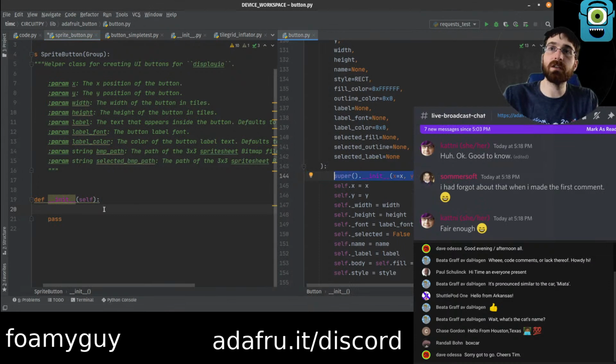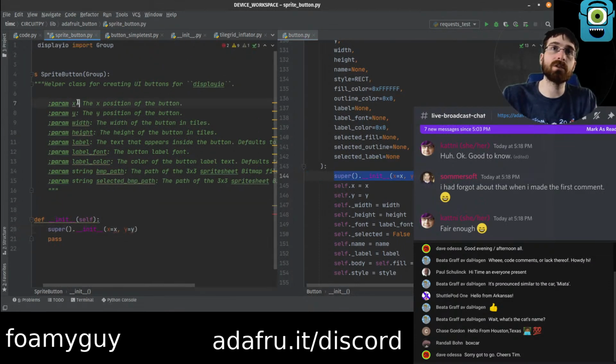All right, so inside of an init, we are gonna do this. This will create a group and put it at the XY coordinates that got passed to us.